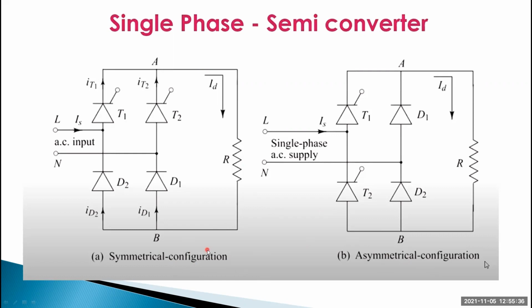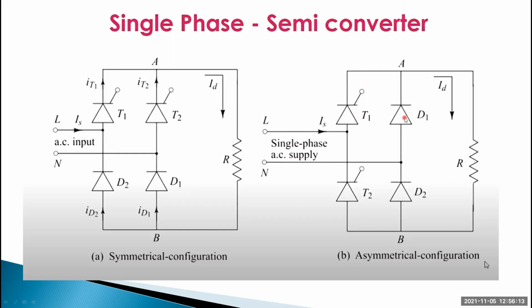This is one of the experiments in our electrical simulation lab, the last experiment, that is the 20th experiment. This is the symmetrical configuration and this is the asymmetrical configuration. These are the two different types of configurations for resistive load, R load. In one pole, thyristors T1 and T2 are connected like this. Here, two thyristors are connected in a single pole, so that's why it is called an asymmetrical configuration.